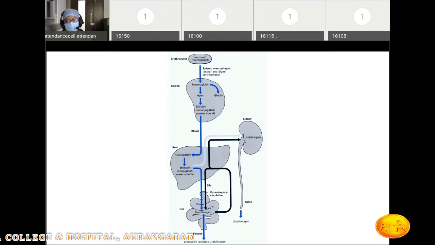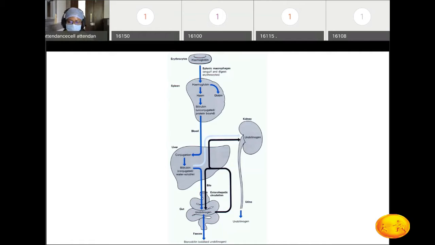This is an entirely active process where the liver cells are taking up the unconjugated bilirubin. The endoplasmic reticulum will metabolize it with the help of the enzyme UDP glucuronosyl transferase. So UGT is the enzyme, and you'll get bilirubin mono and diglucuronides, which will be ultimately excreted in the biliary canaliculi, and those will be excreted into the duodenum through the bile duct. From the bile duct, this bilirubin is acted upon by the gut flora, the microbiota in the gut, resulting in production of urobilinogen.